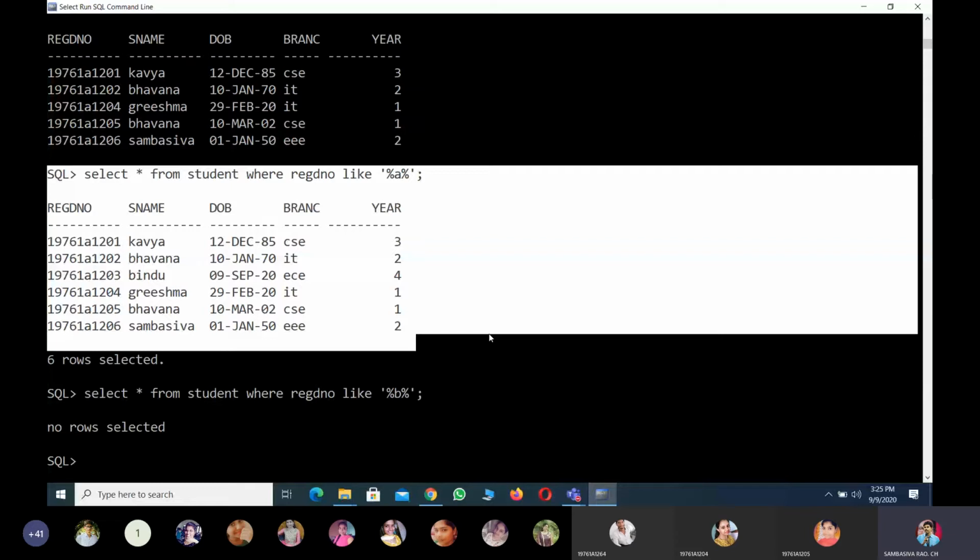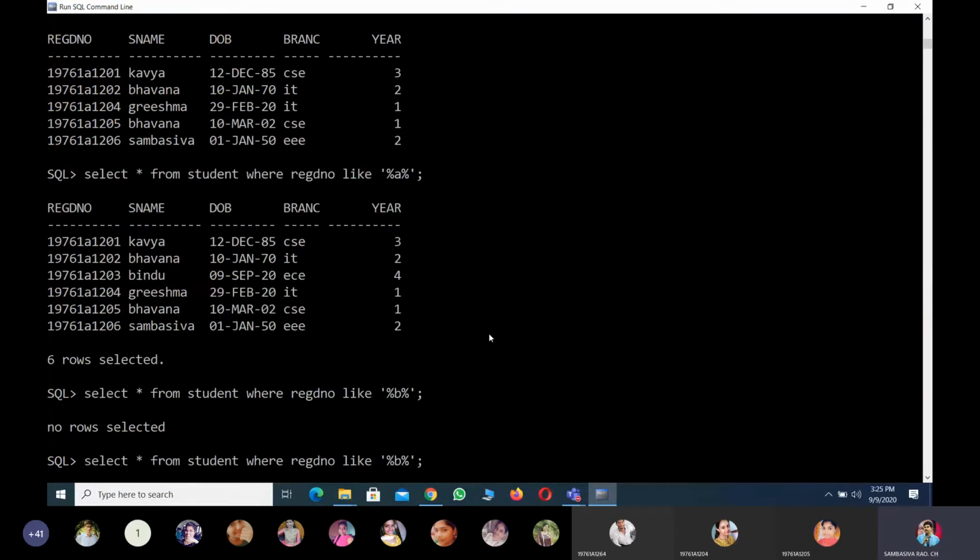Then you have to ask from which side, either the left side or the right side. Don't blindly say that it is a Kavya. If it is the left hand side, then for that query: select * from table name where sname